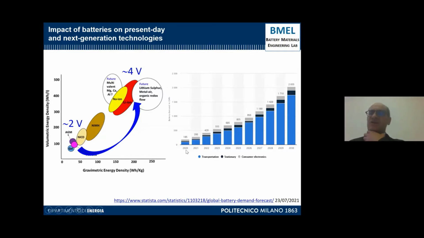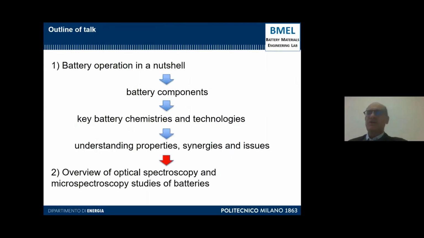And battery production and use have exploded over the last decade, and their prospects for the near future are those of a steady increase with a growing proportion of transportation applications, as shown on the graph on the right side of this slide. So the ambition of this talk is to outline this immense field by proposing a simple description of